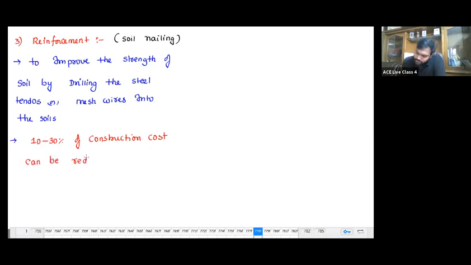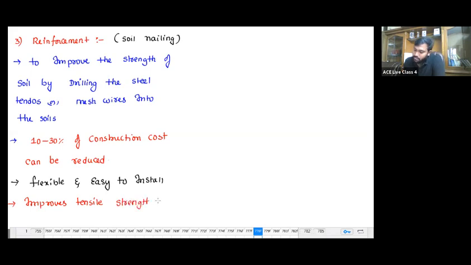10 to 30% of construction cost can be reduced, and they are very flexible and easy to install. It improves the tensile strength. So the reinforcement is nothing but improving the strength of soil by drilling steel tendons or mesh wires into the soil mass. Now, if you observe how they look,